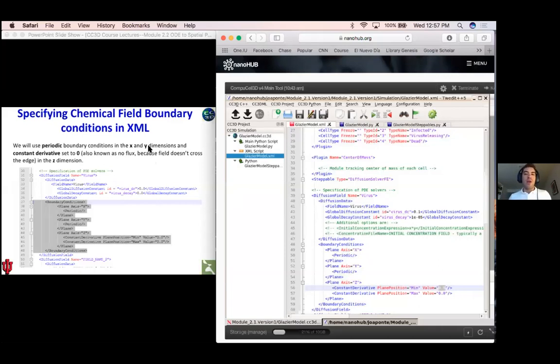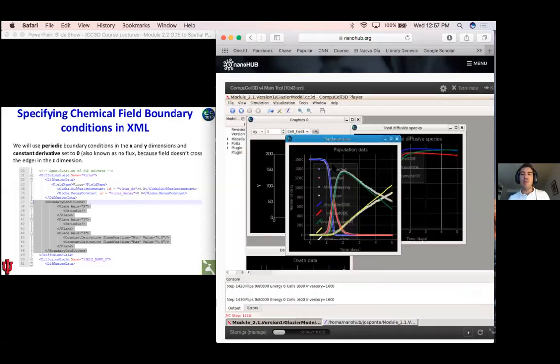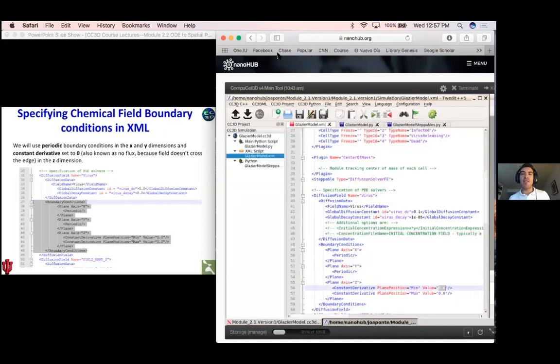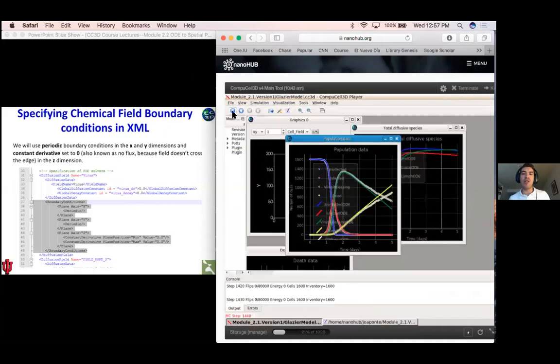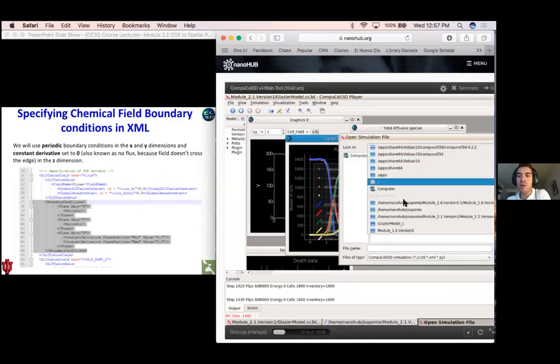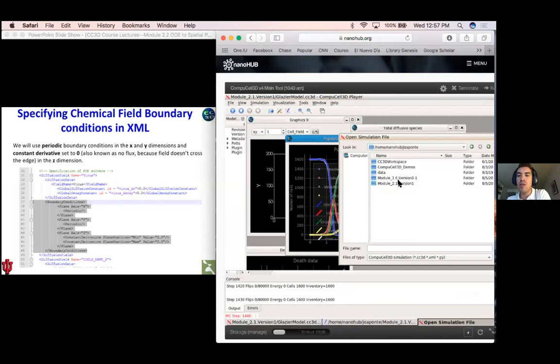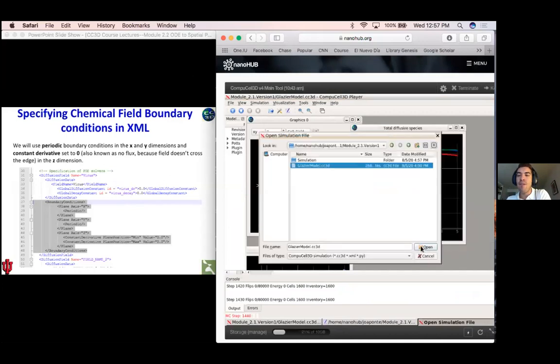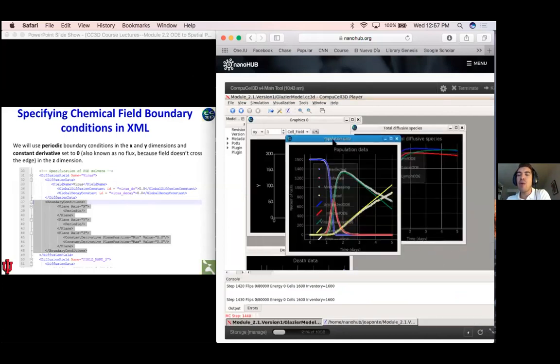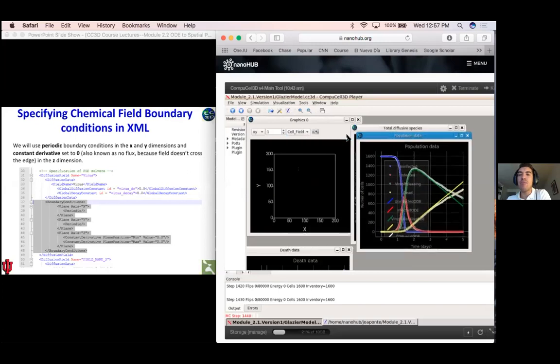So now that we have specified the field, if we come back to CompuCell and save, and relaunch the same simulation that we're working on, File, Open Simulation, and the directory. We've added the field, but we haven't done anything with it. There's nothing happening with it, but we can